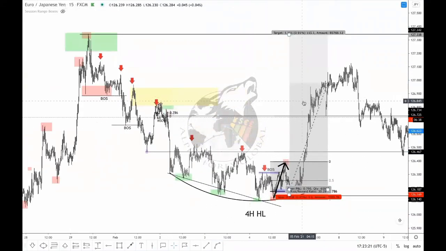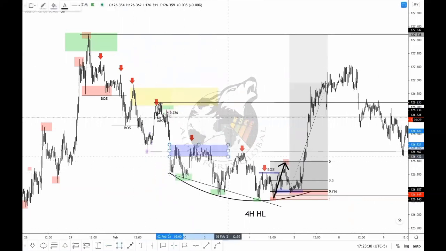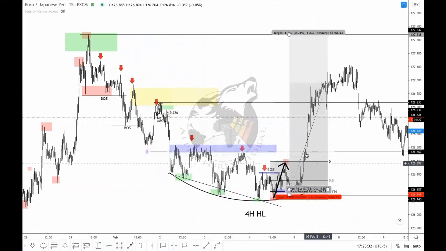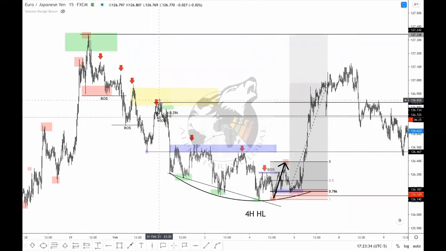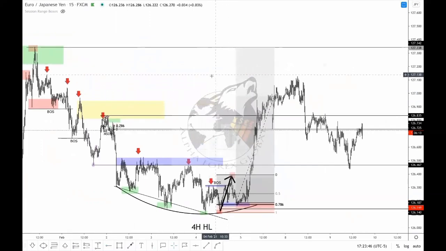But I would be taking partials at this 1-hour lower high. So all of this area to me is viewed as liquidity. So once I break above this area, my next target is 1 hour lower high, right, to take partials. So I probably close 50% here, stop loss at break even, and then I would be looking for the overall move to go to the 4 hour